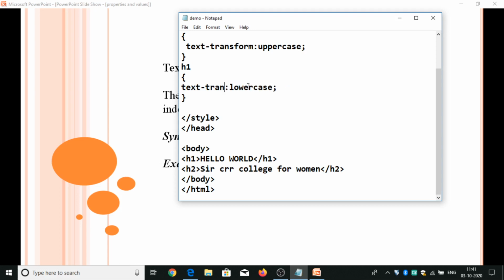Property is letter spacing with -3 pixels and H2 with 3 pixels.